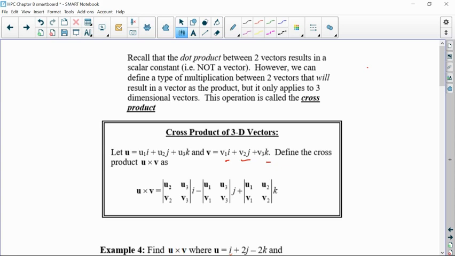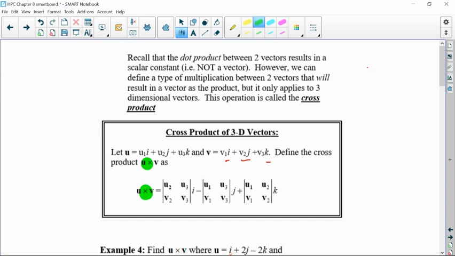So it has to have 3 dimensions or greater. And we're just going to do 3 dimensions in this class. And if you do go into linear algebra, you would apply this to 4 dimensions, 5 dimensions, and up to the nth dimension. Now, cross product is distinguished from a dot product very literally, because the multiplication symbol is a cross. It is not a dot. And so that's how you know if I'm looking for a cross product between 2 vectors,